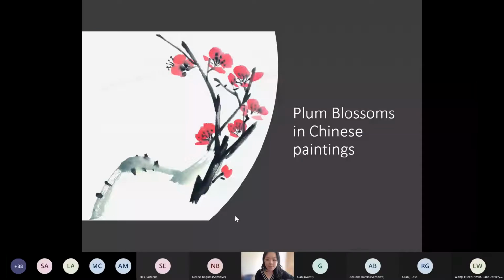And next we'll get to work, and we will do plum blossoms in Chinese painting. This motif is quite an important motif in Chinese painting, because plum blossoms bloom in winter, the coldest season of the year, and so they symbolize not being afraid of difficult situations and thriving in